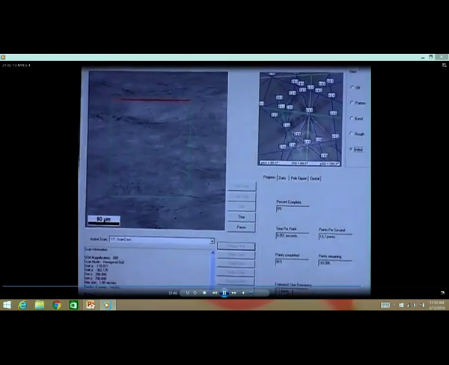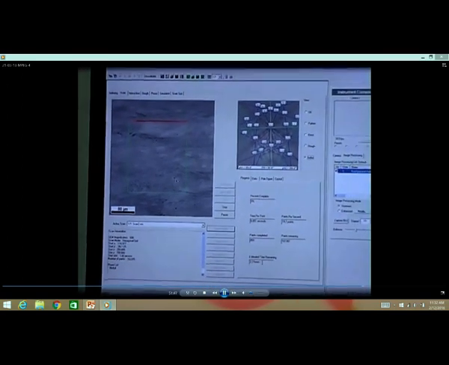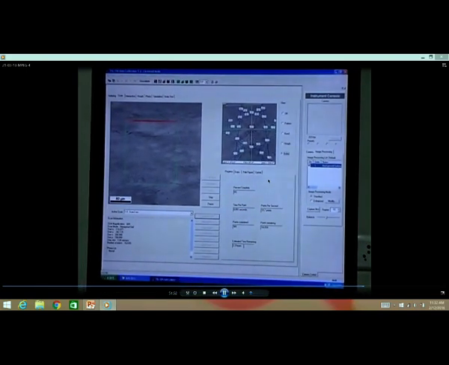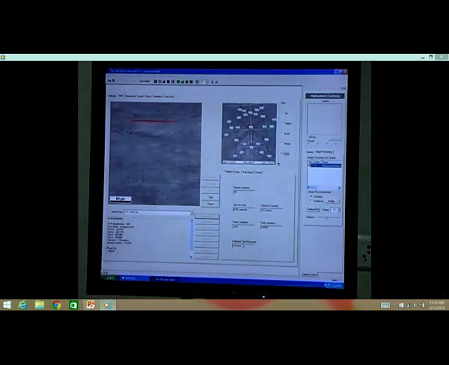So, this is how the indexing is done. What you are looking at now is the beam scanning and getting automatically indexed, and finally it will get recorded.